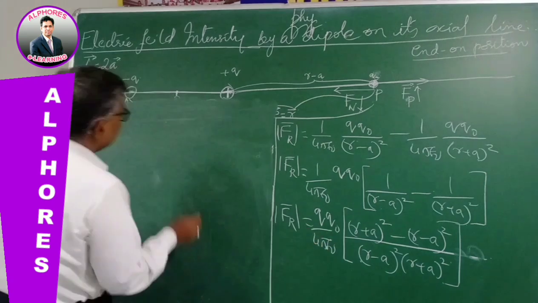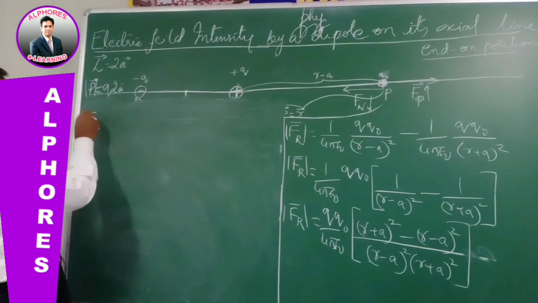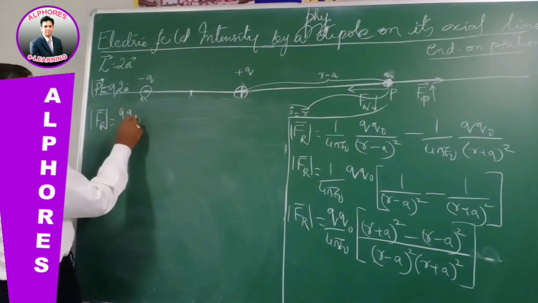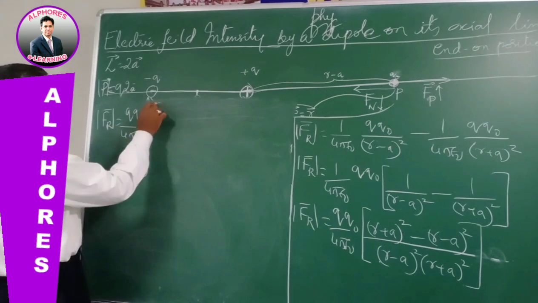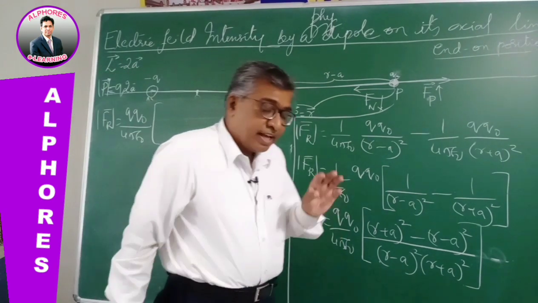So from this, the magnitude of the resultant force is q naught by 4 pi epsilon naught bracket. Now according to algebra,